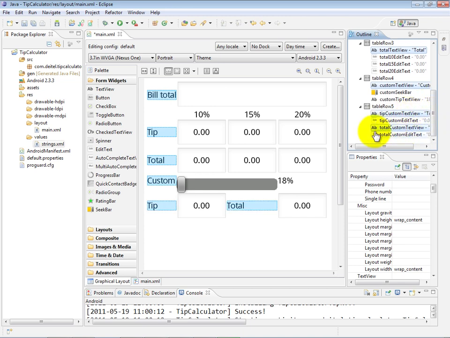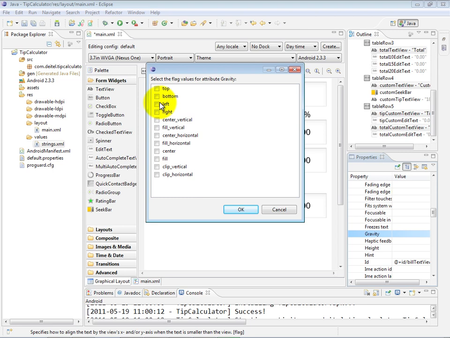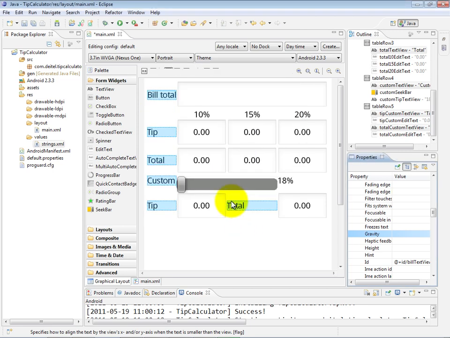And for each of these, what we would like to do is set the gravity property of them so that they're right justified. So if I go to my gravity, you can see that one of the options is right. Now they're all going to be right justified, and that kind of makes them abut the controls a little too closely. So the other thing we did is we added 5 density independent pixels of space in their padding right